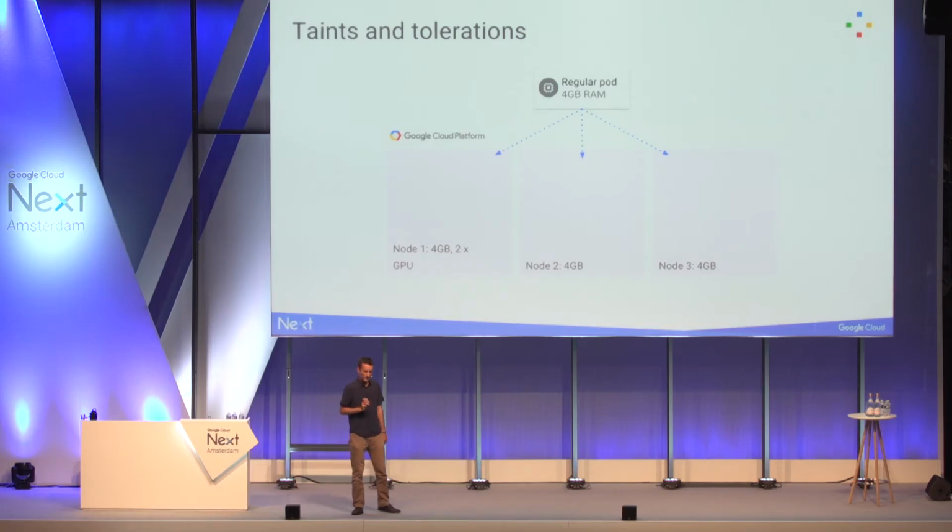Now, one more quite techie thing, and that's taints and tolerations. So imagine you have one node which has got some special hardware on it, and two regular nodes. So here we've got 3 nodes, and one of them has a couple of GPUs in it. Say for your use case, you do video encoding. And here we've got a regular pod, which is just going to do some sort of regular job. It doesn't particularly need a GPU. And it comes along, and the cluster's bare,